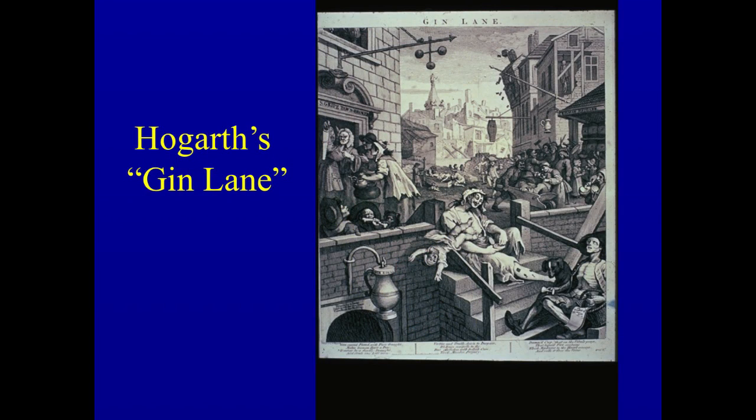Here is a panel from a cartoonist. This might be the 18th century equivalent of a Doonesbury cartoon, and probably you remember that the Doonesbury cartoons were about social commentary. And this is an oil painting by William Hogarth, and this is called Gin Lane. And this depicts the consequences of alcohol abuse in London in the 18th century.